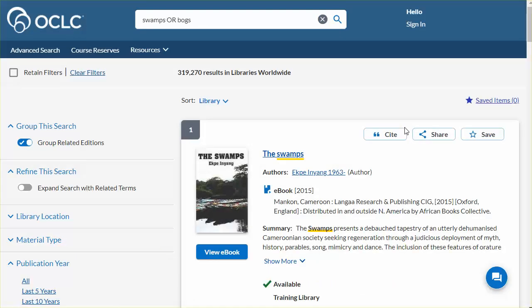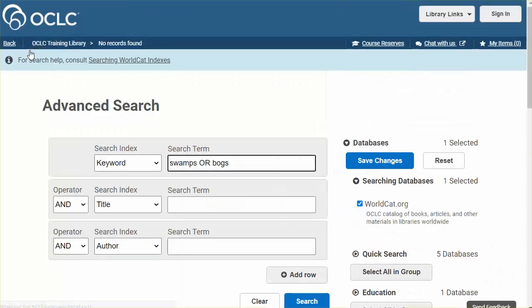You may use index labels in your search to focus your search terms or help you locate known items. Navigate to the Advanced Search screen to review and use indexes appropriate for your searching goals.